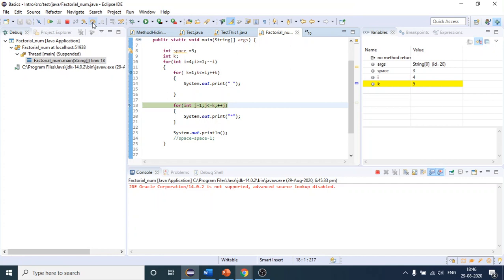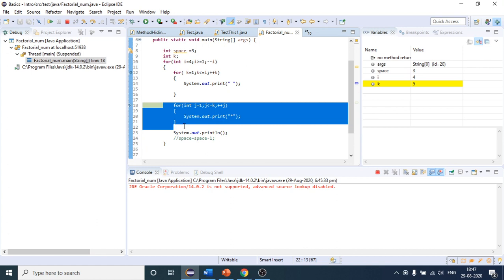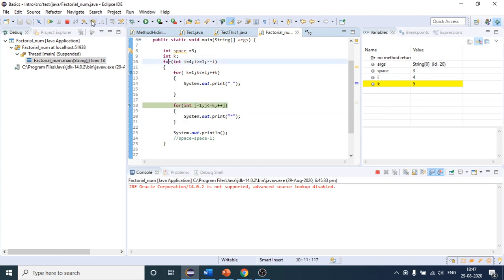Here, as you can see, k value is 5 on the right hand side in the yellow line. This loop will run 5 times because j value is 1 and j is less than or equal to 5. So it will print 5 stars. Keep an eye on the console as well: 1, 2, 3, 4, and then 5.